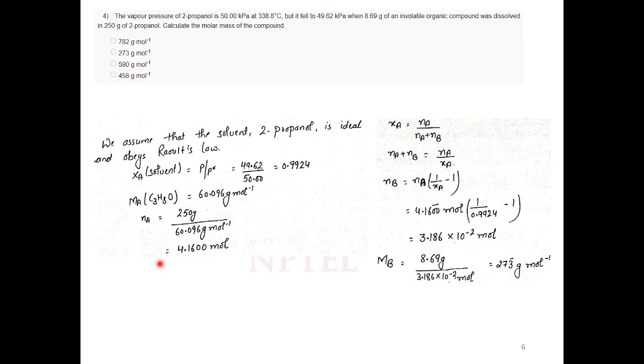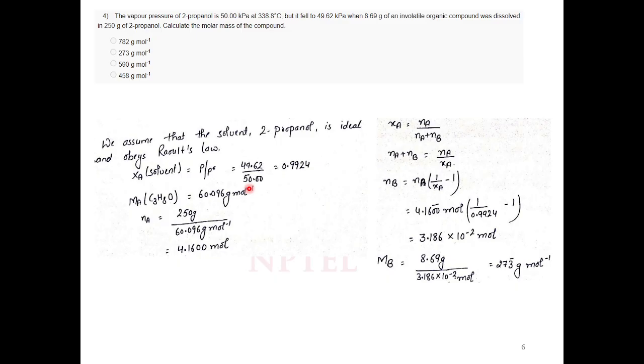So you have some vapor pressure decrease, which means there is some concentration of this involatile compound also, that you can calculate from the mole fraction. So XA of solvent is p by p0, 49.62 by 50.00, equal to 0.9924, and from there